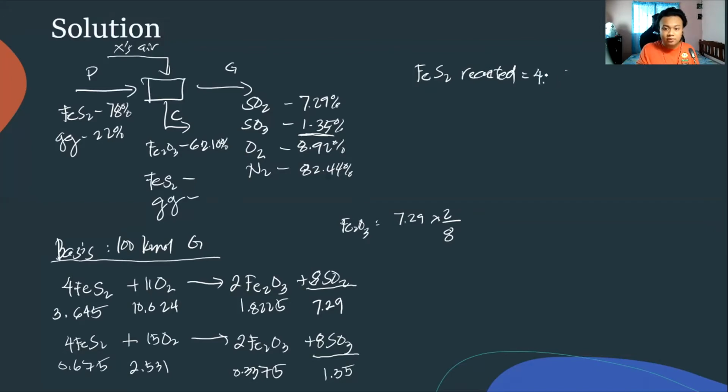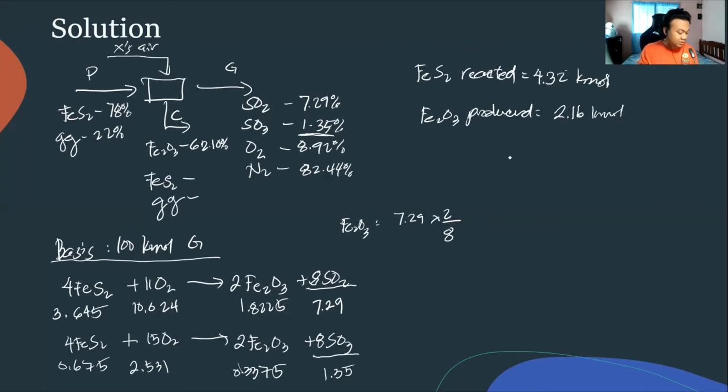We'll get 4.32 kmol. And then you have also the Fe₂O₃ produced, diba? Fe₂O₃ produced. Just add these values. You have 2.16 kmol. So you have a Fe₂O₃ na produce, diba? So Fe₂O₃ na produce is all here in the cinder, diba? Then you can get now the weight of the Fe₂O₃ in the cinder and also the weight of the cinder